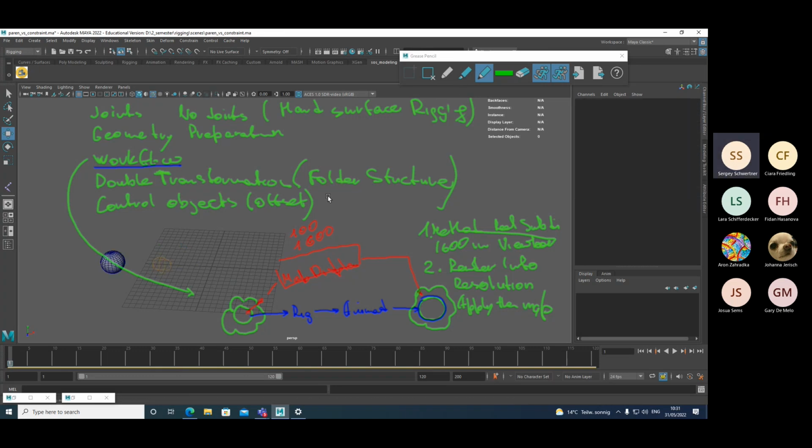Maintain offset. Great. Then we have to,